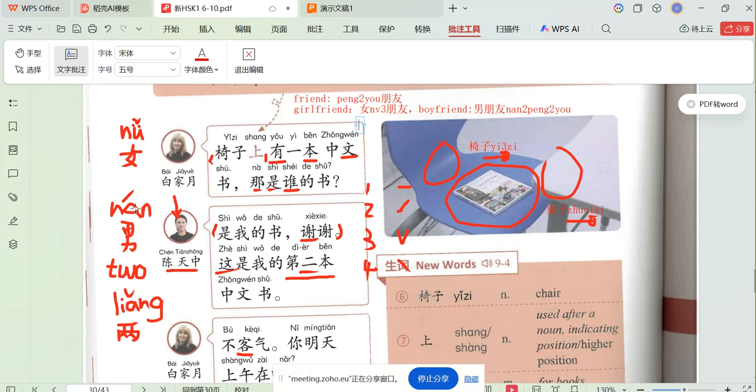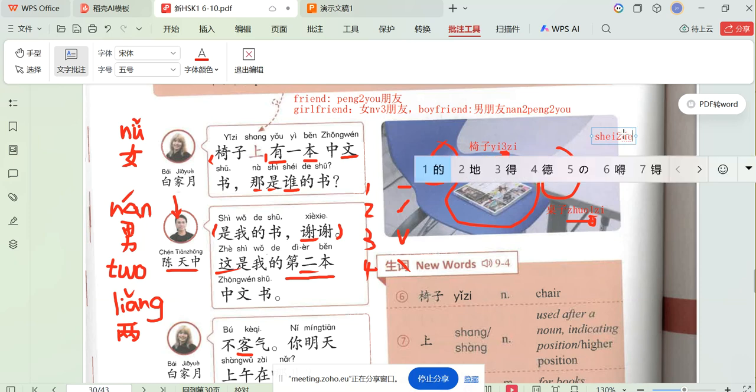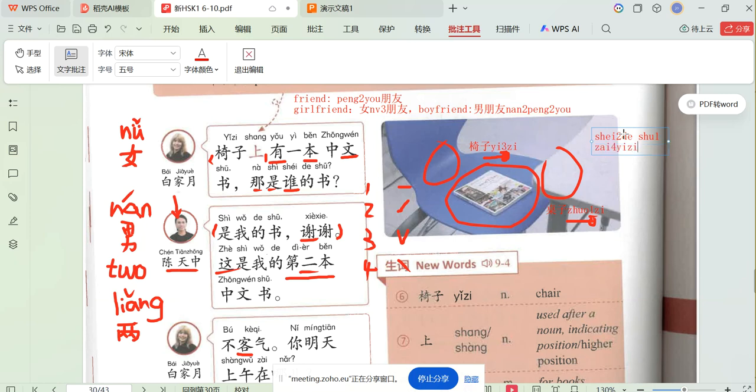You can say 女的书 or 男的书. So tell me, 谁的书在椅子上？